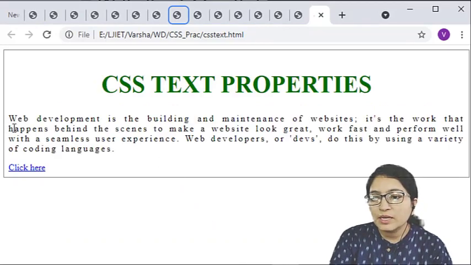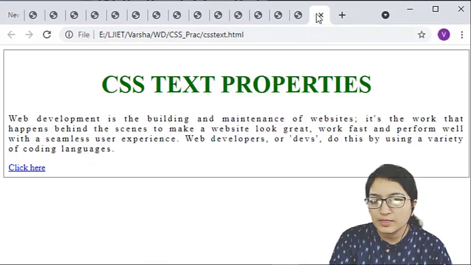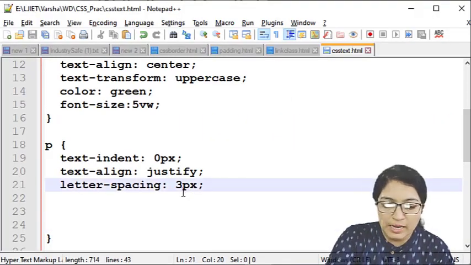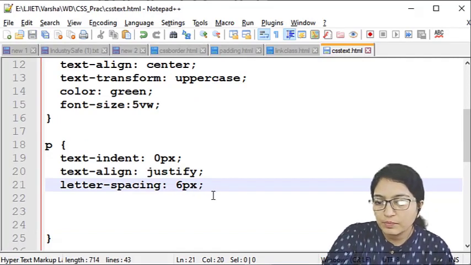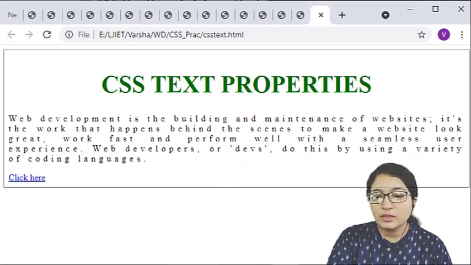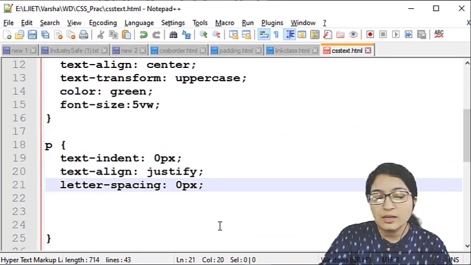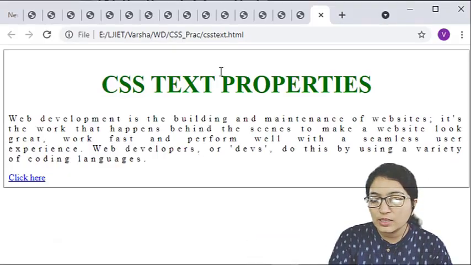So here you can see in between each and every letter there is 3 pixels of spacing. If you increase this, suppose I am increasing it to 6 pixels, it will be double in size. Got it? So this way you can define the letter spacing if you want. Suppose I define it as 0 pixel, then there may be overlapping.